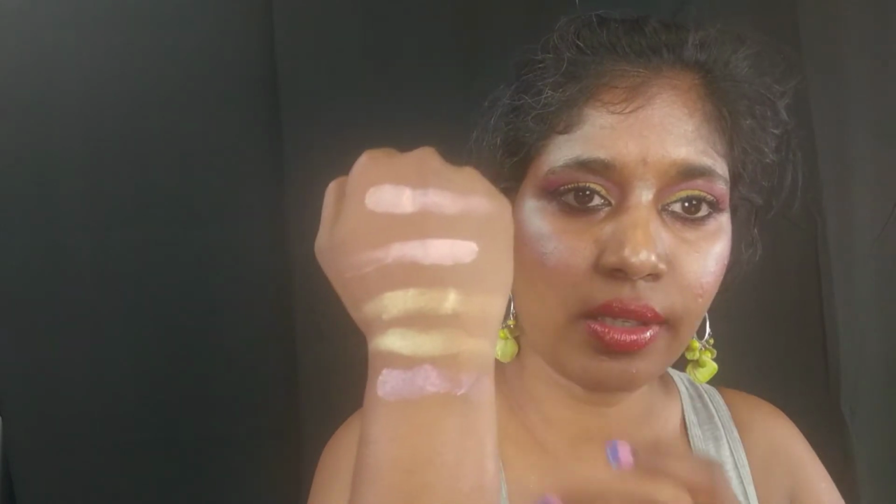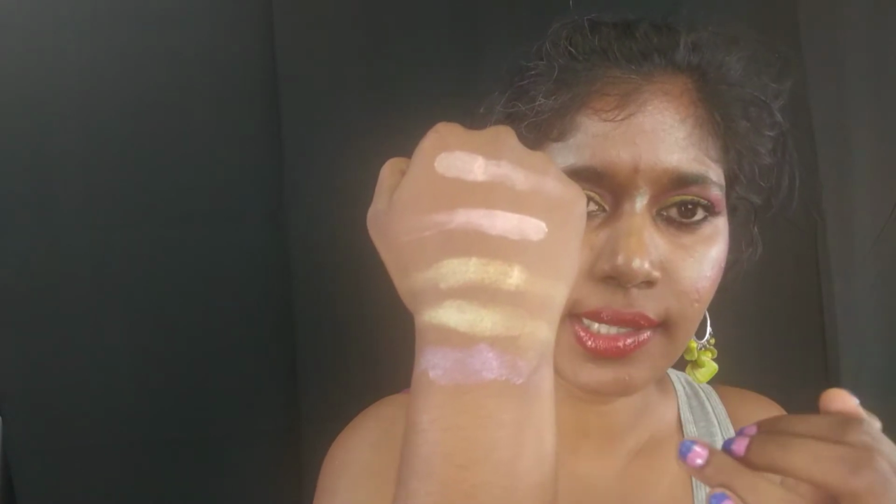And then finally, I have Amethyst Flashes Geode. It looks very beautiful in the pan. It looks like a very mid-tone, like a deep pink in fact. This is actually one of my least favorite shades. It's actually flaky. Do you see it doesn't swatch properly? It's on the thinner side. It's not densely packed, and it has kind of chunkier glitters in it. This is the only one that has chunky glitters in it, and as the name suggests, Amethyst Flashes Geode. I don't know what geode is, but it looks pink, but it actually swatches